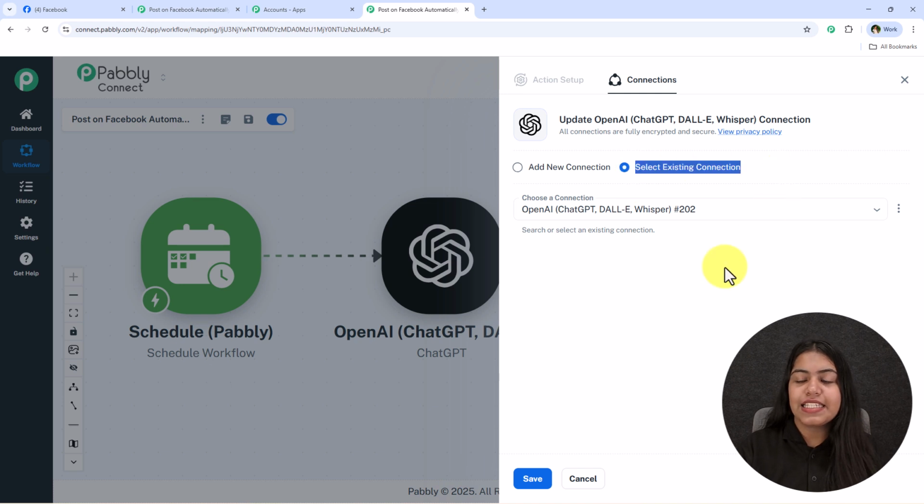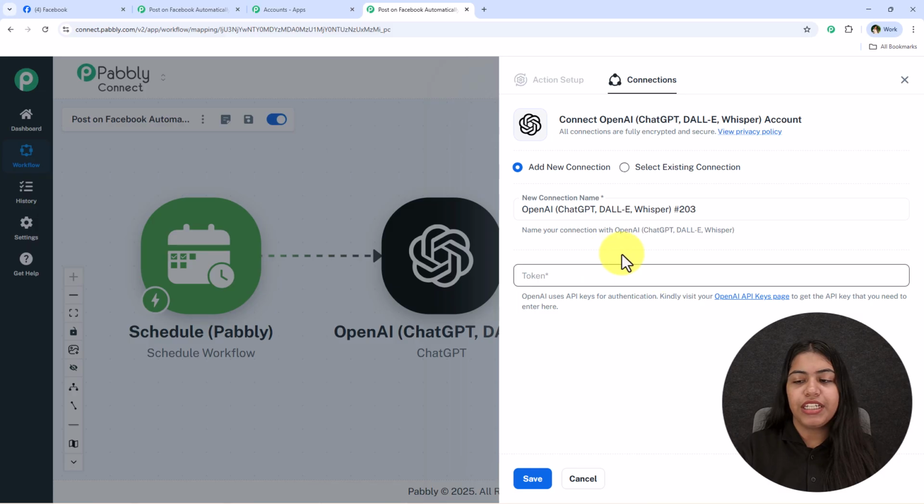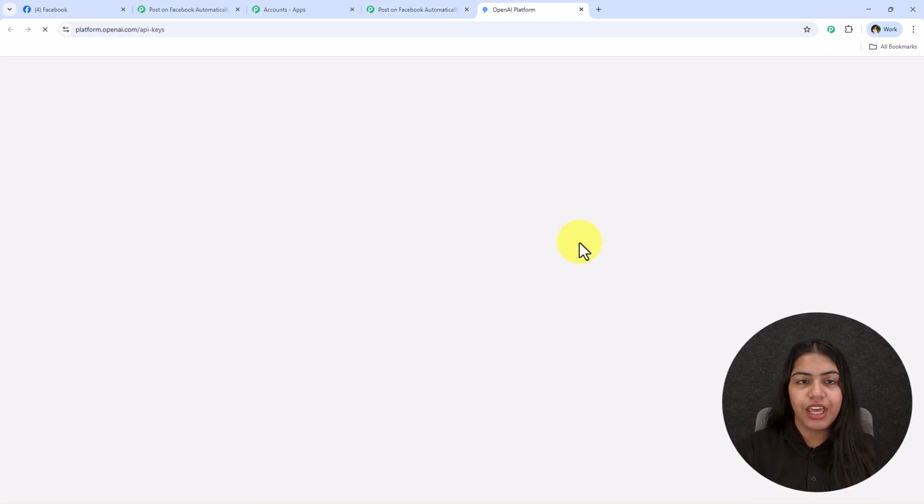Click on this select existing connection and then save. But if you haven't, follow me, click on add a new connection. It is asking me for the token. So to get this token, click on this hyperlink given right over here, which is going to take you to